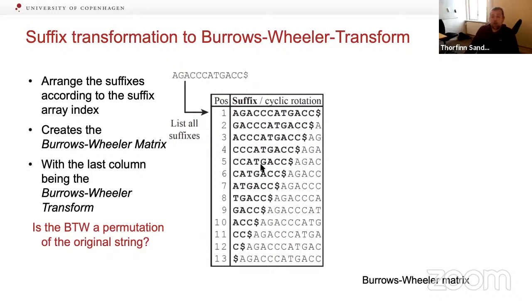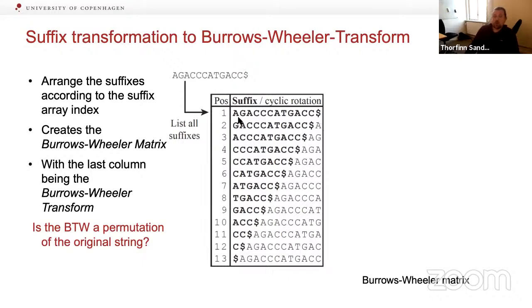What's in bold here are all the possible suffixes of the string. One thing to note here is that if we look at this G, for instance, and we wanted to know what preceded this G, what came before in our original string, then we just look at the last column. So we have a first column, I'll get back to this, and we have a last column. If you wanted to know what preceded the original string based on what we have in the first column, then we look at what we had in the last column.